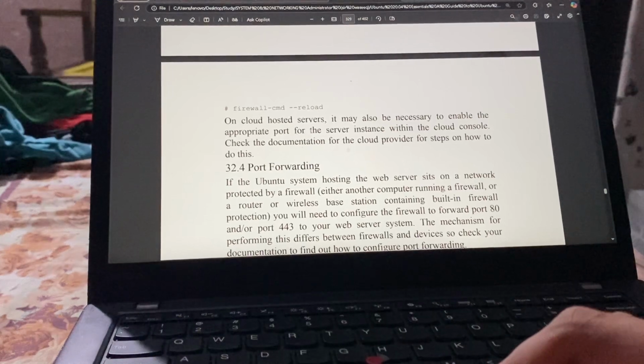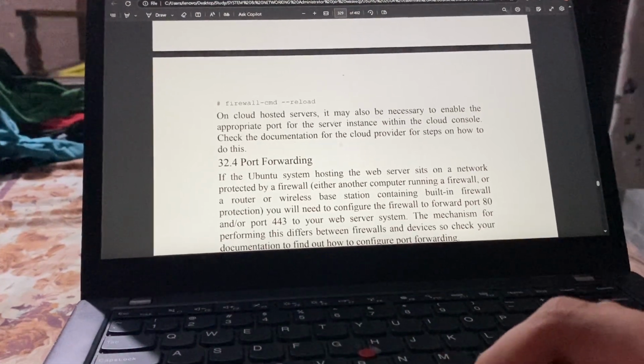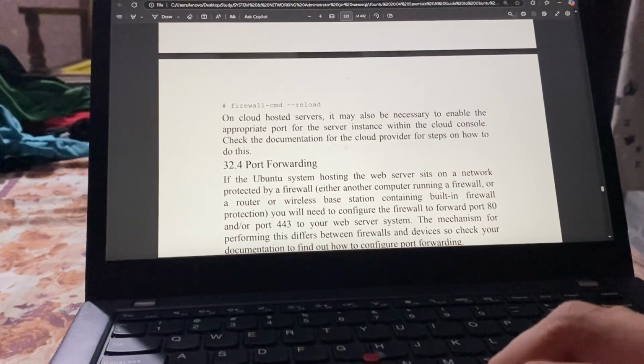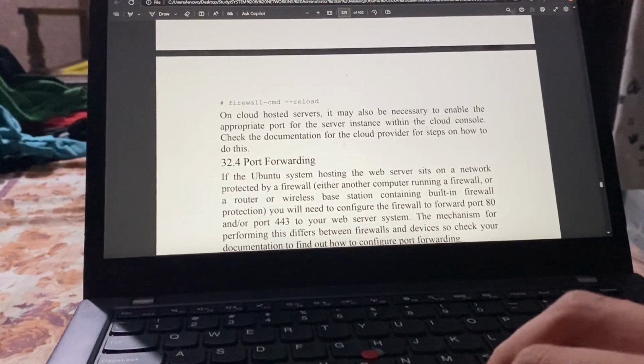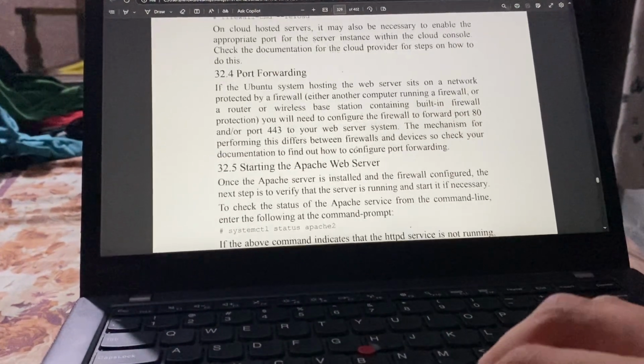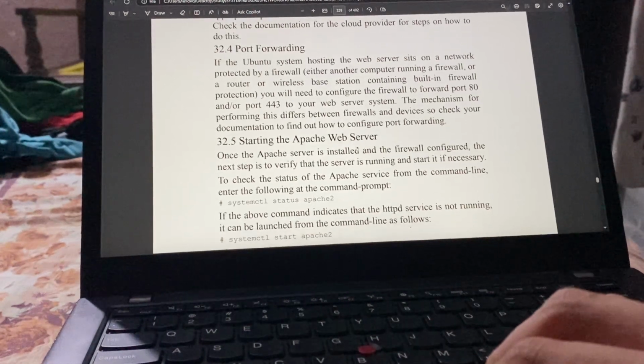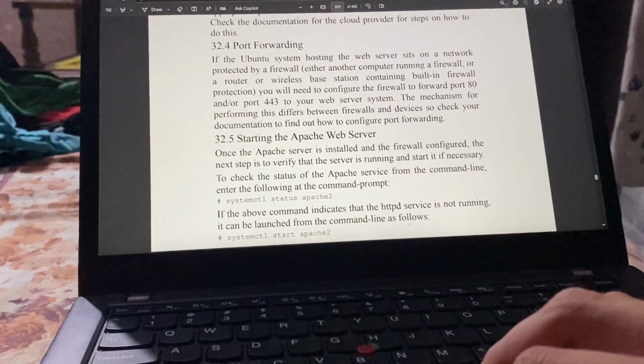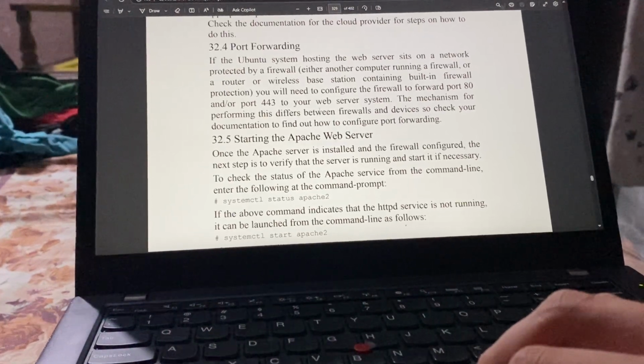On a cloud hosted server, it may also be necessary to enable the appropriate port for the server instance within the cloud console. Check the documentation for the cloud provider for steps on port forwarding. If you want the system hosting the web server site on